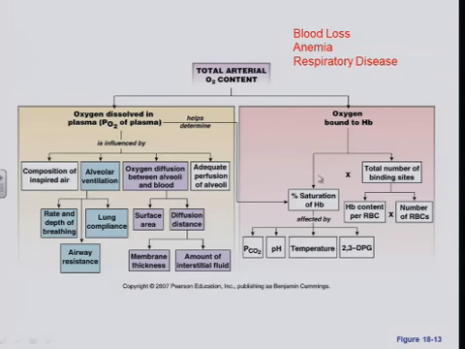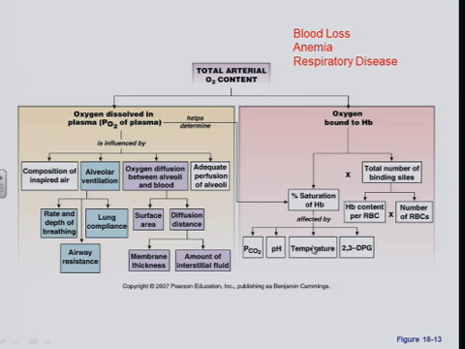That's relative to the percent saturation of hemoglobin. In other words, we need to saturate the hemoglobin molecules with oxygen. Remember, you can have 4 oxygens per hemoglobin. 3 oxygens is 75% saturated, 2 oxygens, 50% saturated. There are different things that can affect this, shifting the curve to the right or to the left.